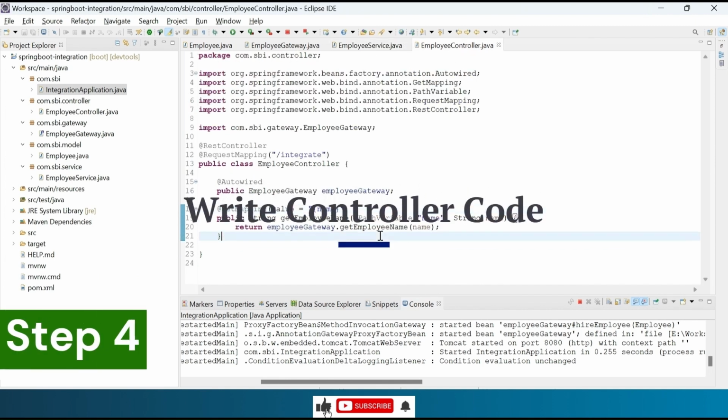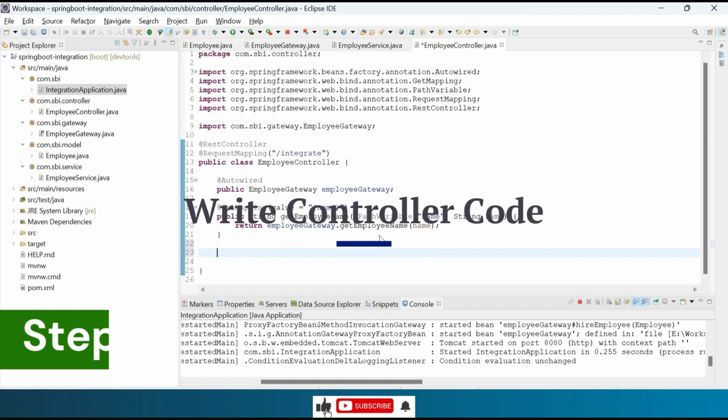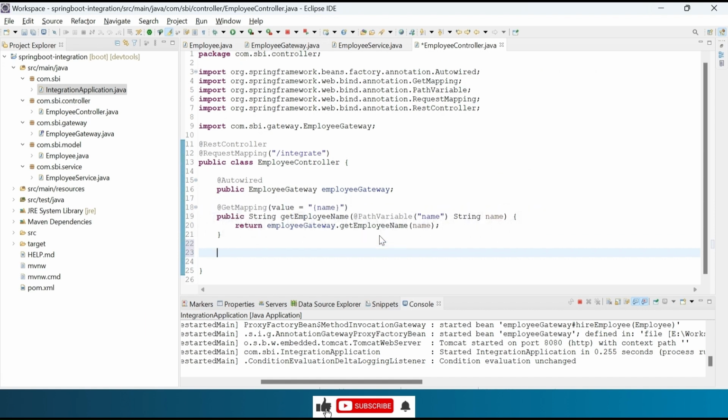Step 4. Let's write the controller code. In the employee controller class, add a method hireEmployee with return type Employee. Pass a request body as employee object.